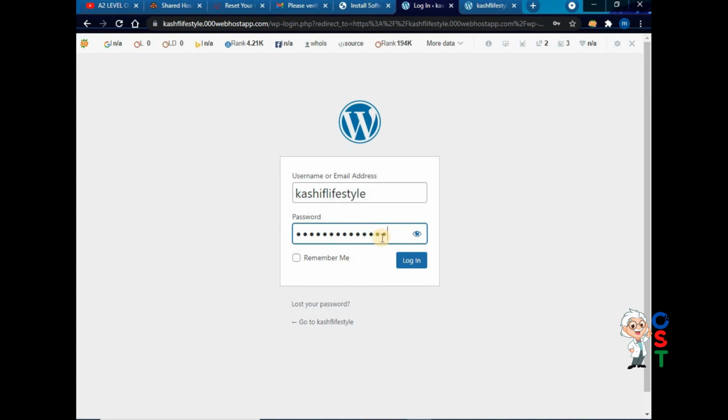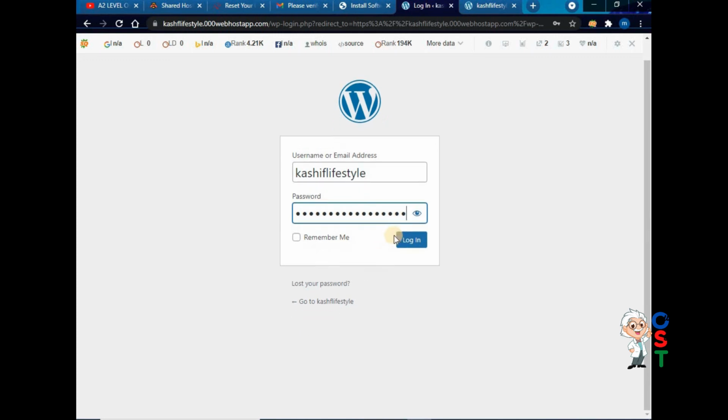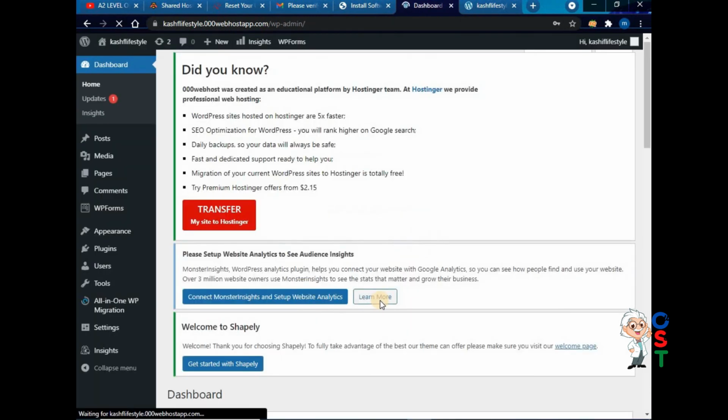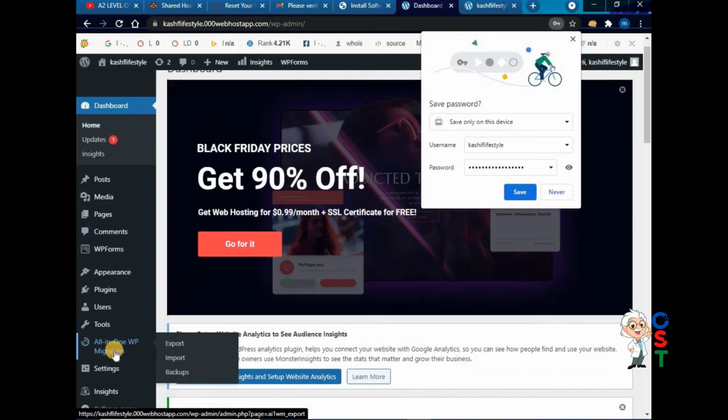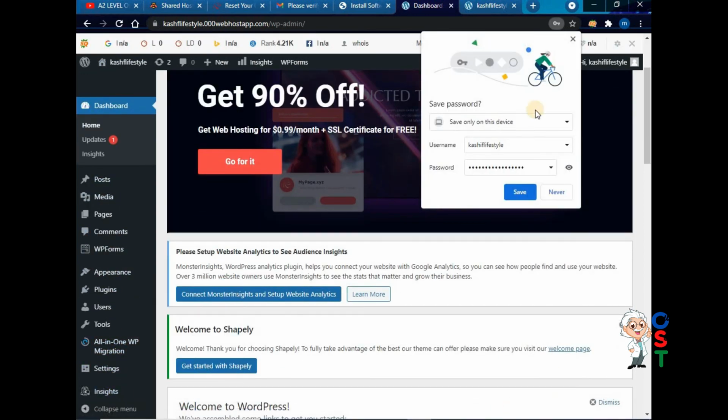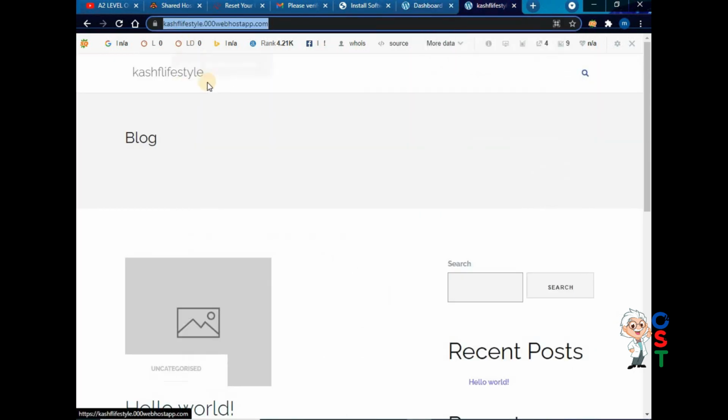After this I type my password which I set for my admin panel or WordPress panel, and if I have successfully logged in, I will get this screen. This is the screen of the WordPress panel, and this is the front panel which is visible to the whole world.